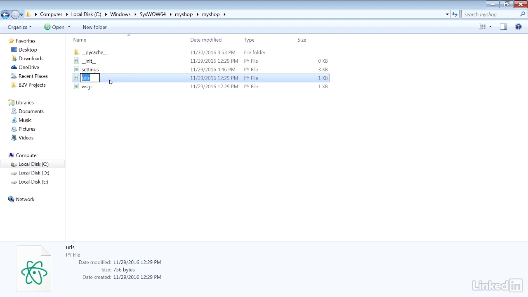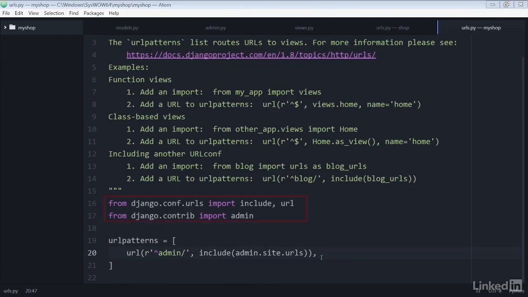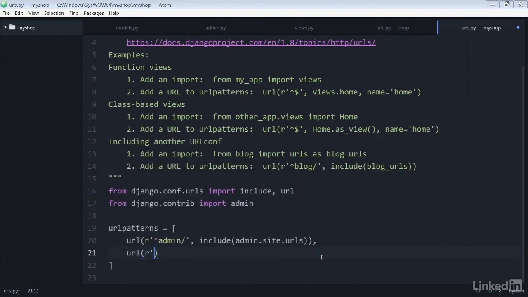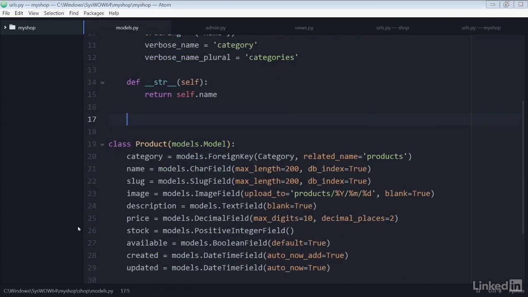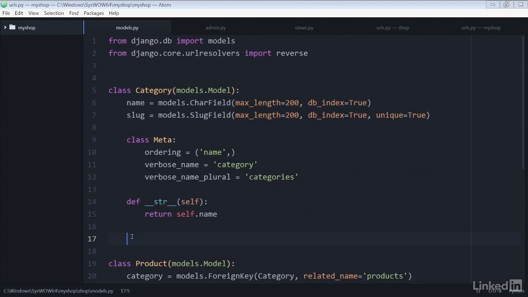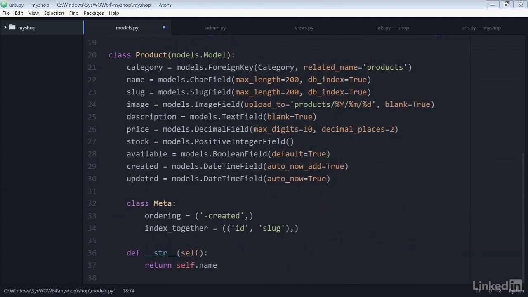Next, we edit the urls.py file of the MyShop project by adding these lines of code. In the main URL patterns of the project, we include URLs for the shop application under a custom namespace named shop. Now, edit the models.py file of the shop application, import the reverse function, and add a get_absolute_url method to